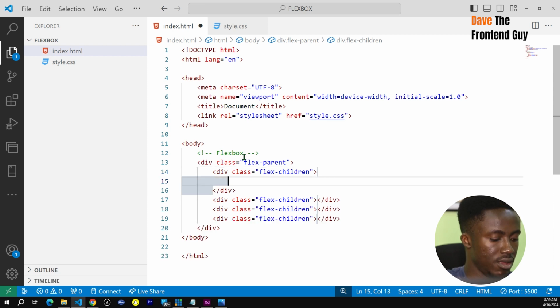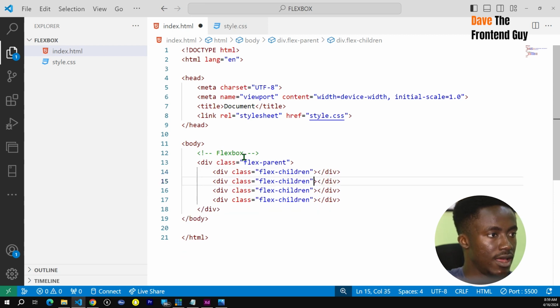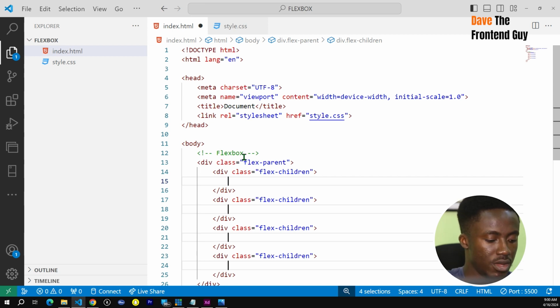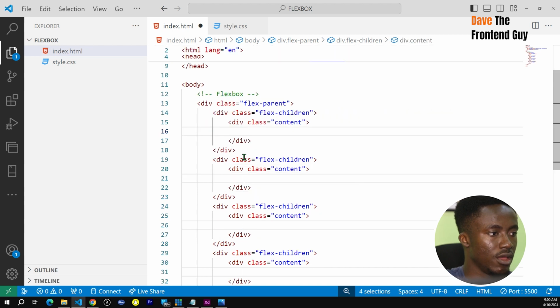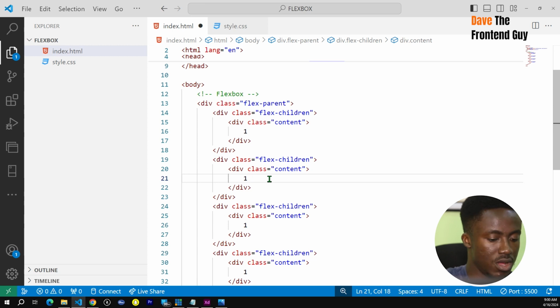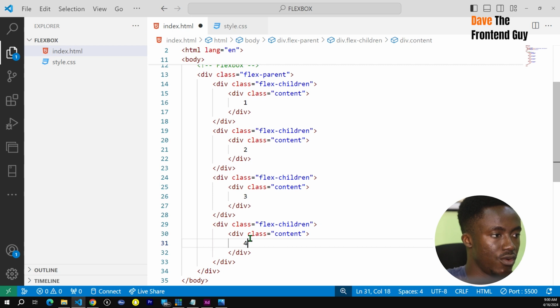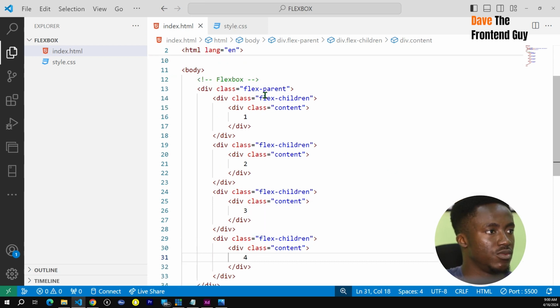Okay. I'm going to highlight them. I'm going to select multiple. 1, 2, 3. Okay, good. So within them, I just want to have maybe a div called content. Okay, and within that div, I'm going to create numbers. So 1, 2, 3, and 4. Okay. So we have these, we have our Flexperience, we have our Flex children, and we have the content of